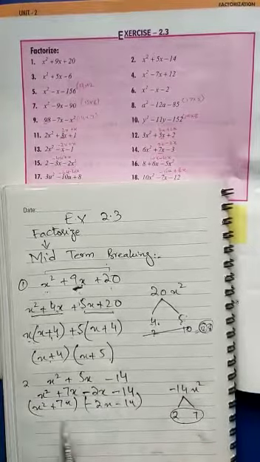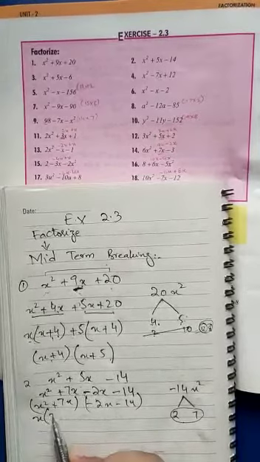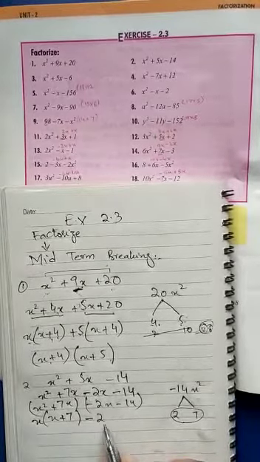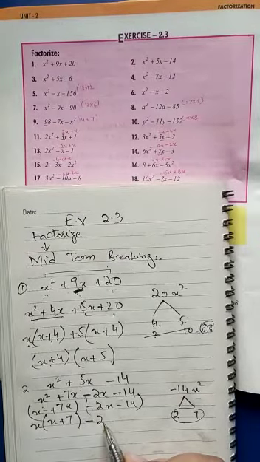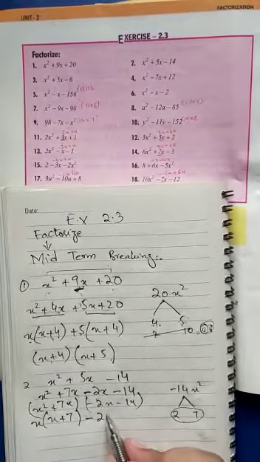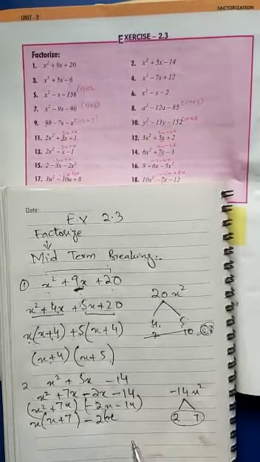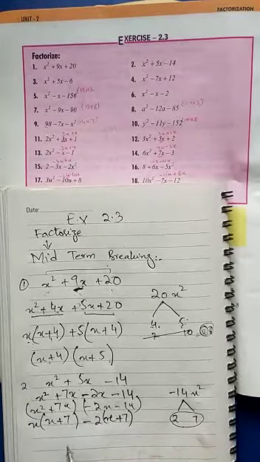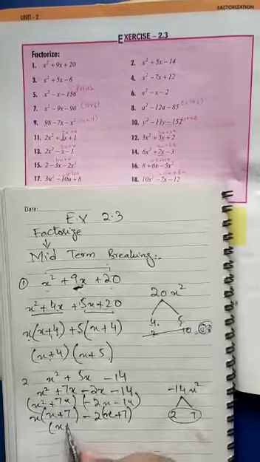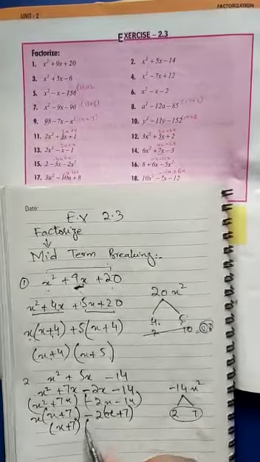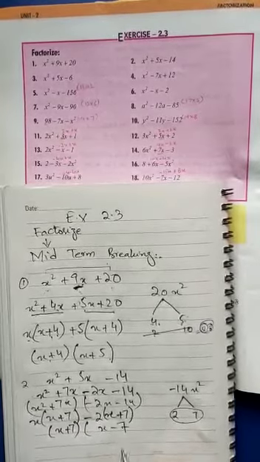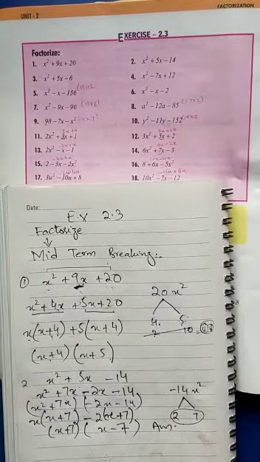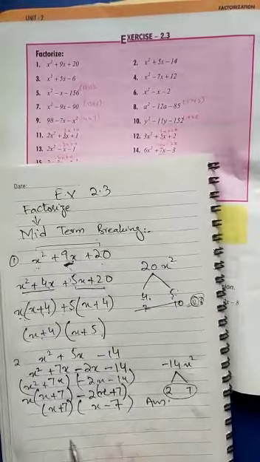What is common in them? Here we see x is common, x plus 7, and here we see that 2 is common, minus 2. When we take out minus 2 as a common, we write down the value, that is x bracket minus minus, it will be plus, and then 7, 2 into 7. So the common factor here is x plus 7 in both the values, and the uncommon is x minus 2. So this is done. One more part I'm going to do for you so you can understand this.